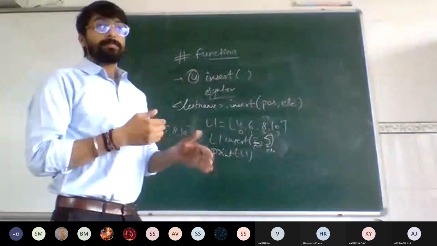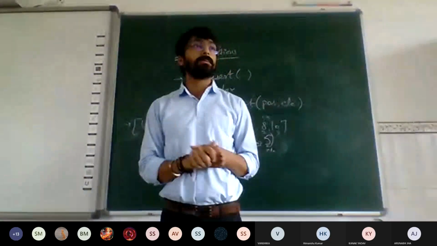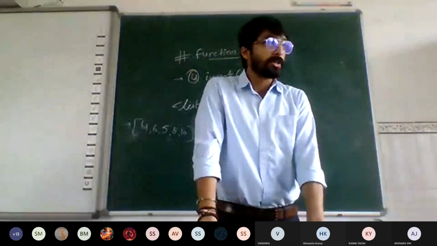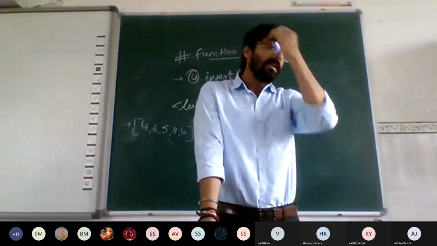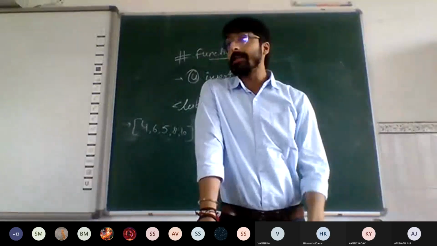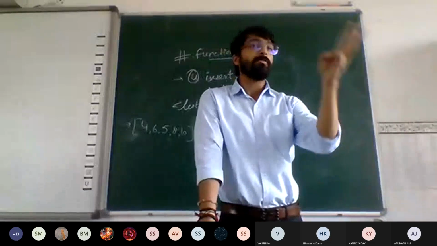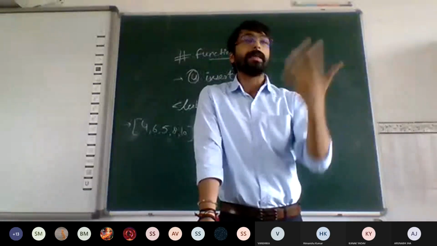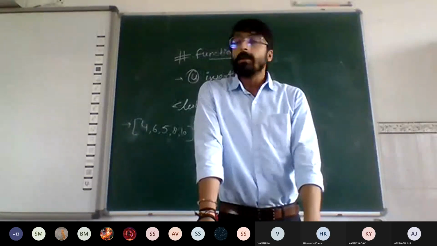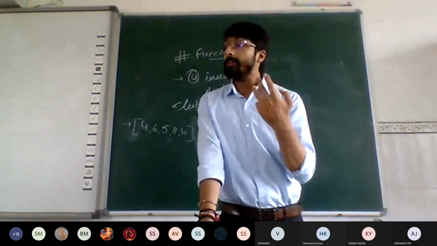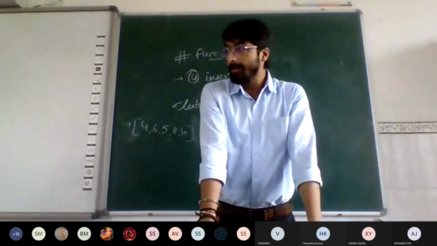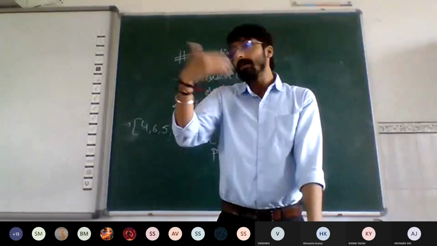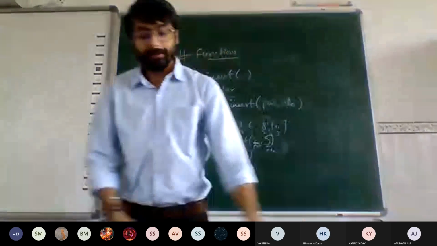Any doubts in this? We have seen the len function, which will tell you how many elements are there in the list. Then we have seen the append function, then extend, and then insert. So in total, we have seen 3 functions to add an element in the list. Similarly, we have 3 different functions to delete an element from the list, that are pop, remove, and del. That will be continued in the next class. Right?